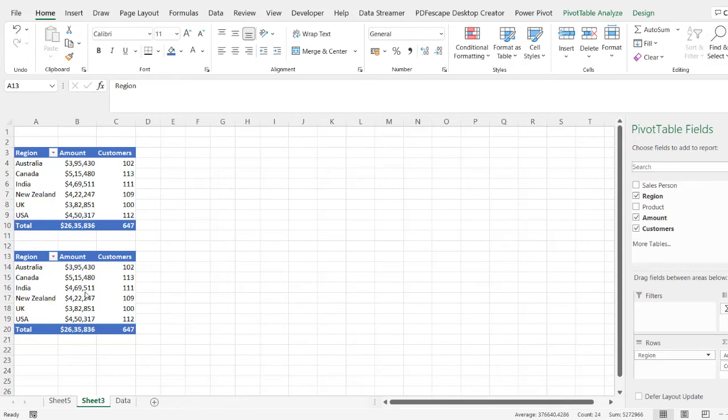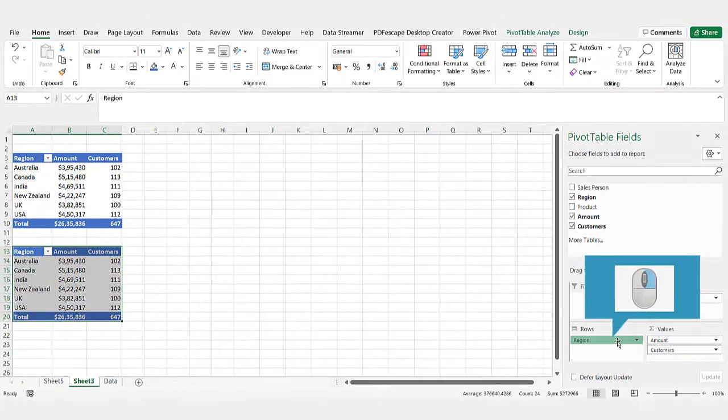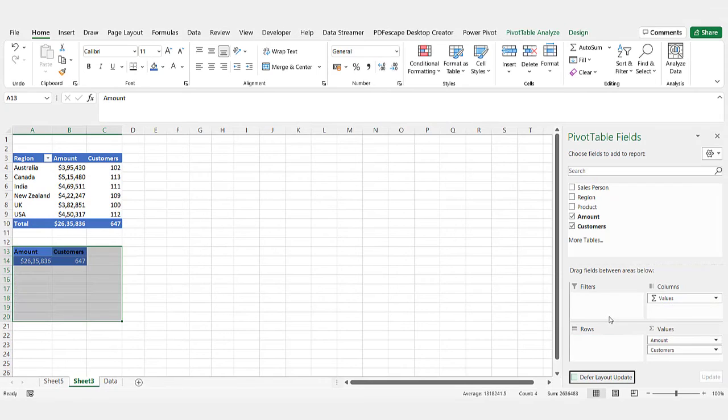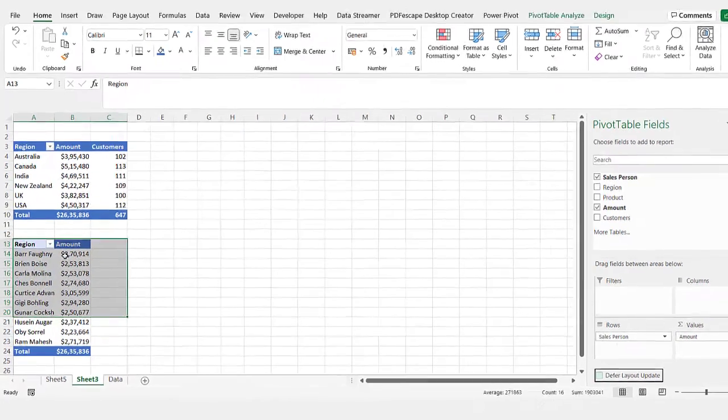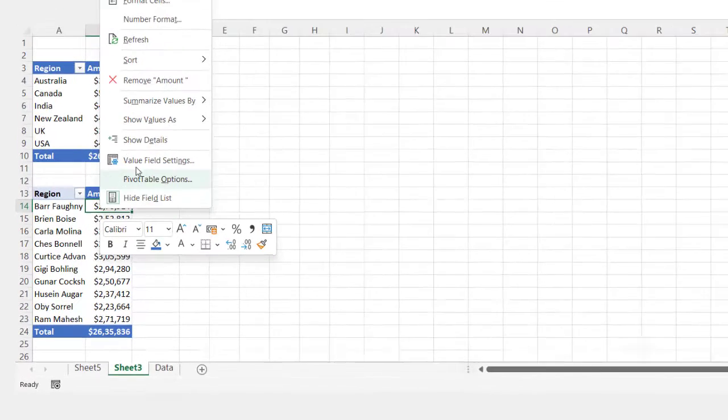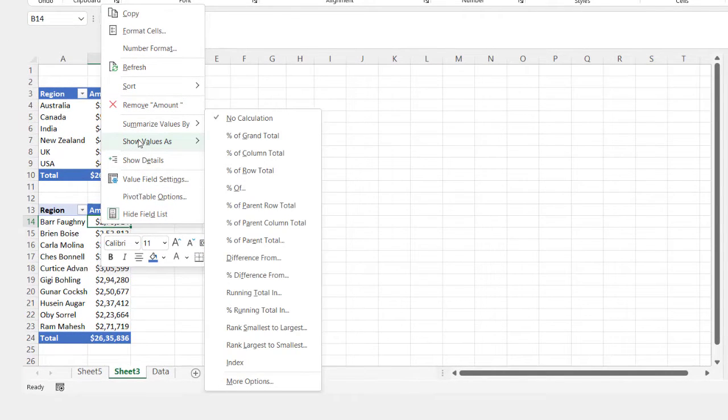Let's modify our second data table. Let's remove region as one of the field. Instead, let's have salesperson on the rows. We don't need the number of customers over here. And for amount, let's have it as a percentage. So to do that, right click on any of the cell, go to show values as, and make it percentage